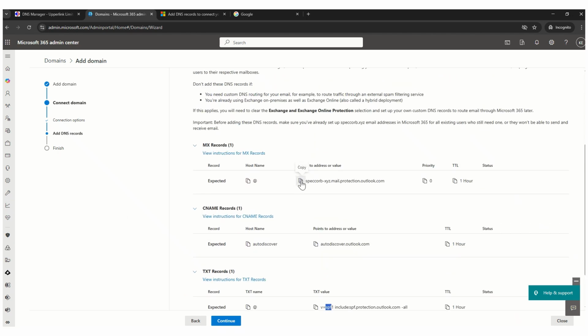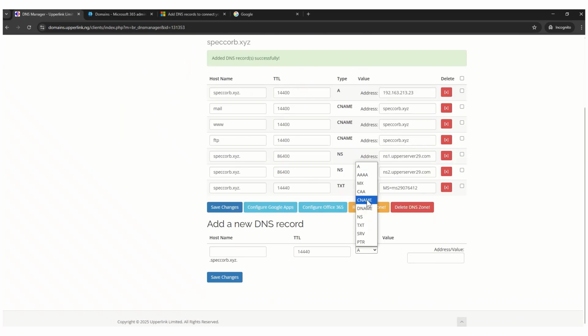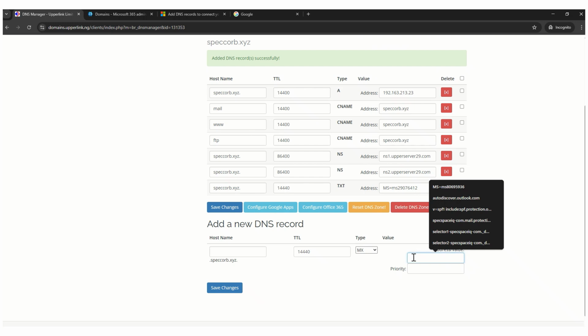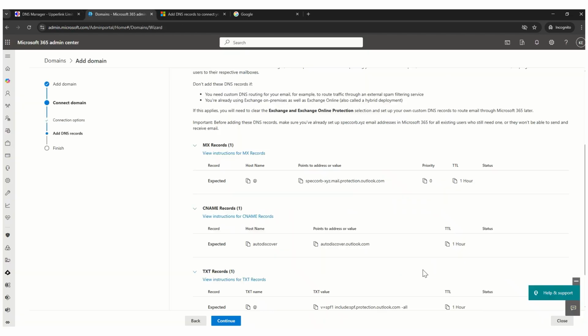So let's go ahead and add the records. First, we're going to add the MX record. You go to record type, MX, and you paste it under the address value. Now the priority is always set to 0. Based on Microsoft, it's going to tell you to set the priority to 0. The reason is very simple: so that it receives first-hand emails coming into your organization, right? For example,